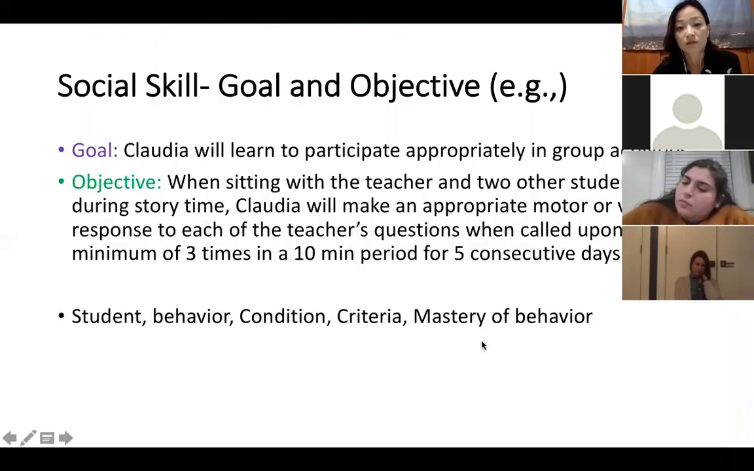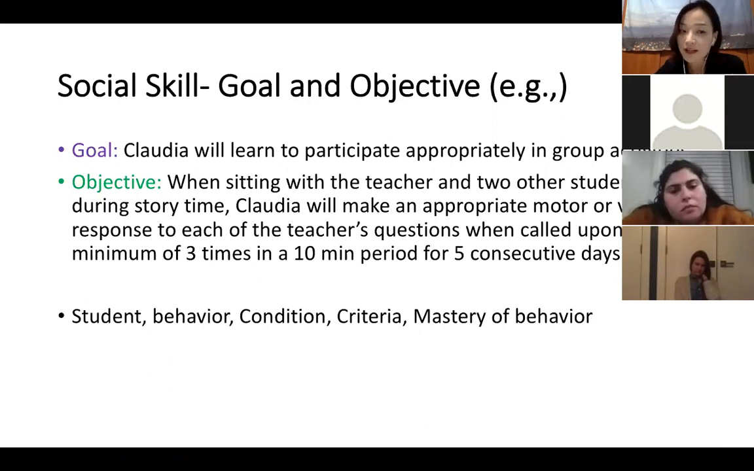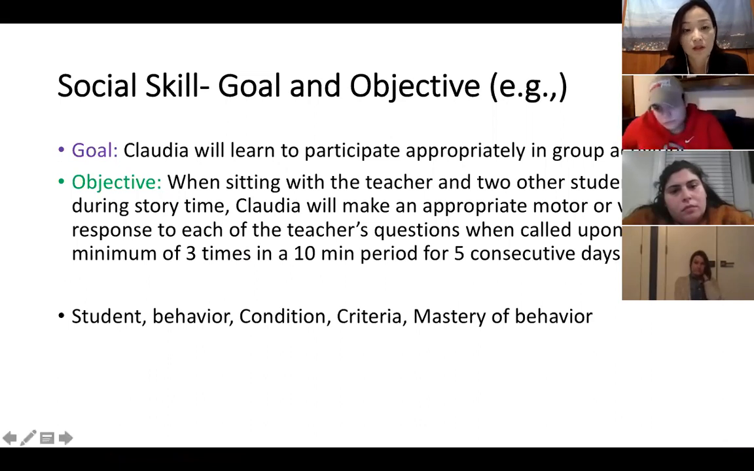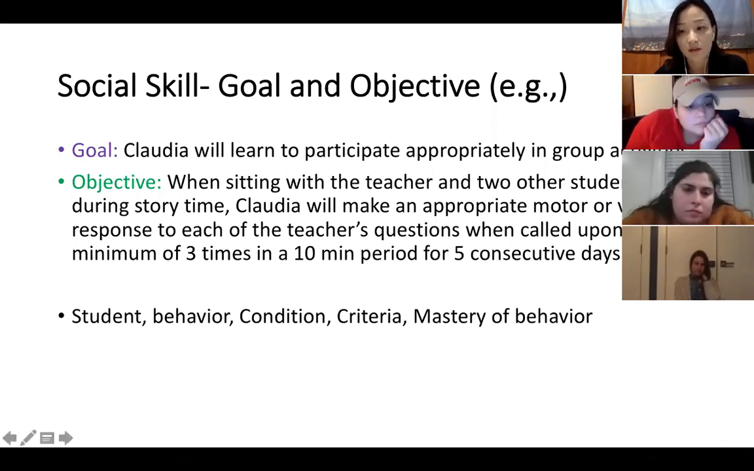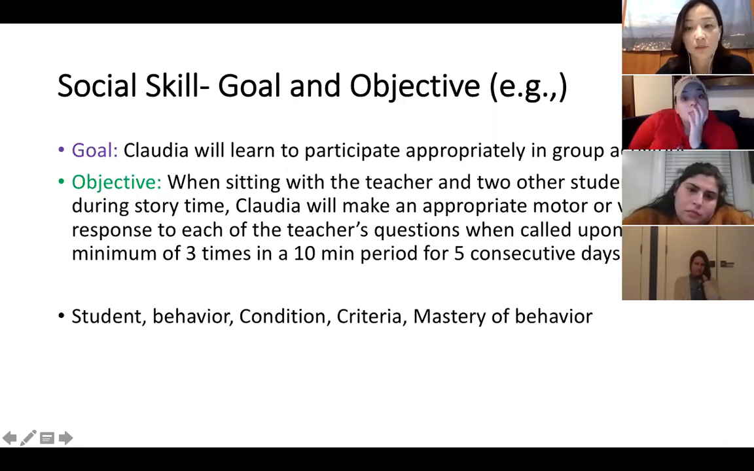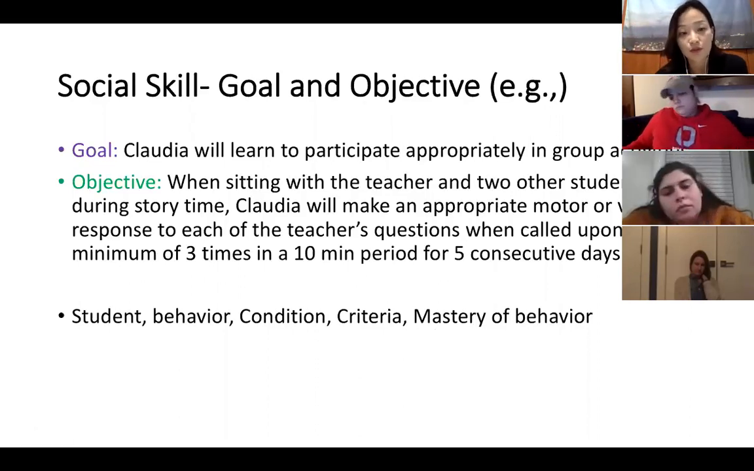Move on. We just learned about social behavior and skills. This is my example for our student Claudia. If the goal in social skill for Claudia is Claudia will learn to participate appropriately in group activity, the objective should be very specific. When sitting with the teacher and 2 other students during story time, Claudia will make an appropriate motor or verbal response to each of the teacher's questions when called upon a minimum of 3 times in a 10-minute period